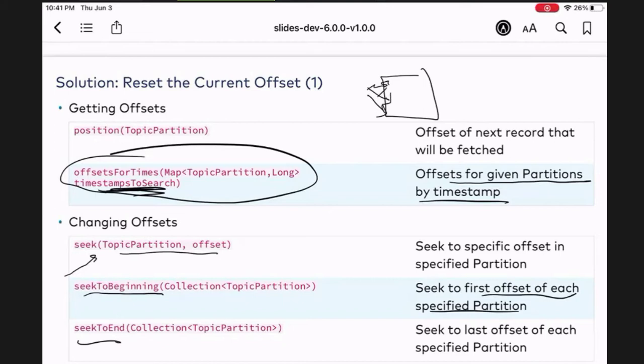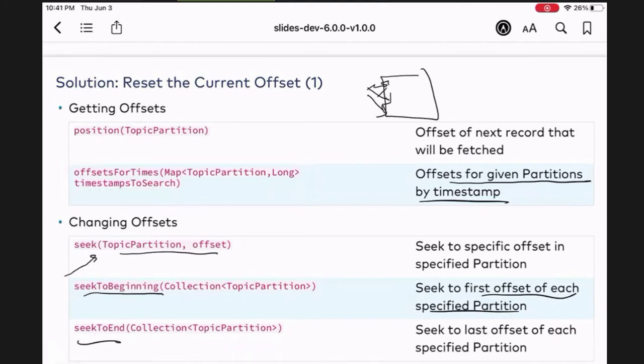One of the things you can do is use offsets for time to find the offset for a given time. There's also a command line option for your Kafka consumer groups that you can use to reset the offset to a certain date and time, so that you can point the consumer group to that point and they can start consuming the data from that particular point. We added that to your notes. Just note that it's very powerful and there are a lot of features there. There's a lot to the API, but it's great.